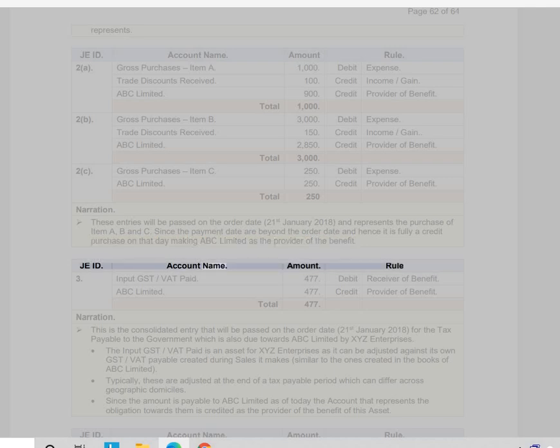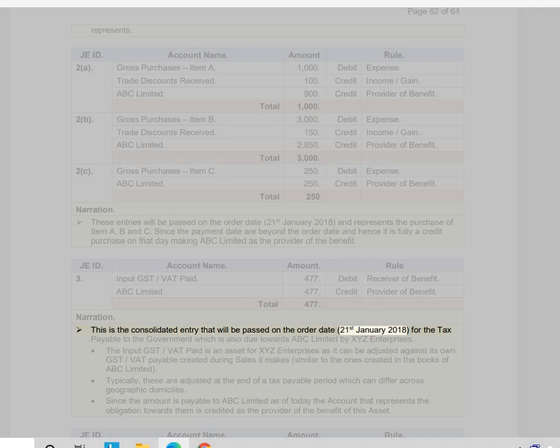JEID, account name, amount, rule. 3. Input GST/VAT paid, 77, debit receiver of benefit. ABC Limited, 77, credit provider of benefit. Total 477. Narration. This is the consolidated entry that will be passed on the order date,